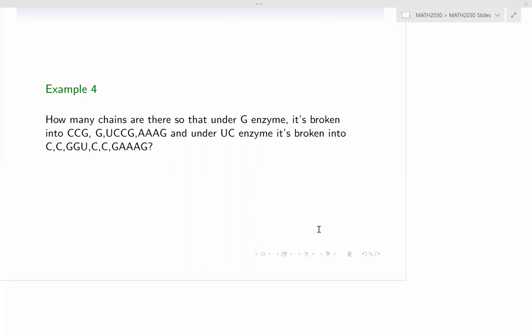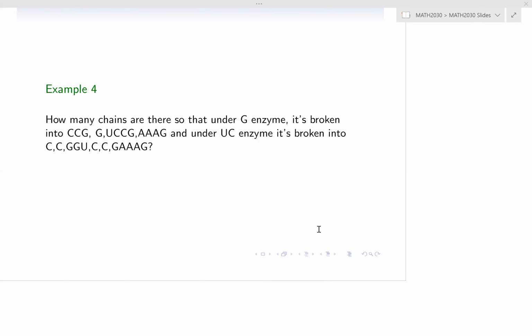Now, in this video, we're going to look at a few more examples about breaking up chains and the different enzymes. Example 4. How many chains are there so that under G enzyme is broken into CCG, G, UCCG, AAG, and under UC enzyme is broken into CCGGU, CCG, AAG. If you watched the previous video, this is just a combination of example 2 and example 3,